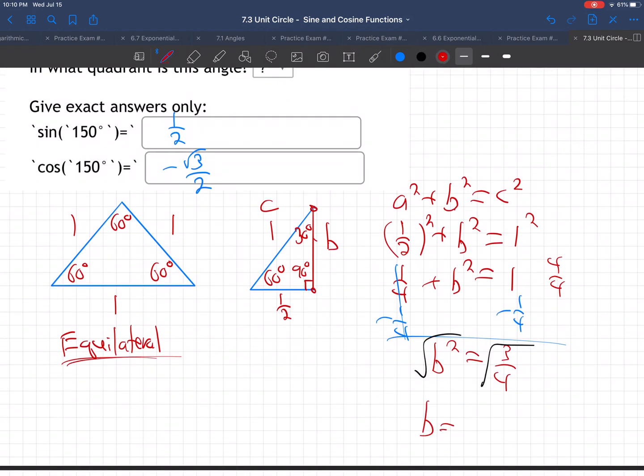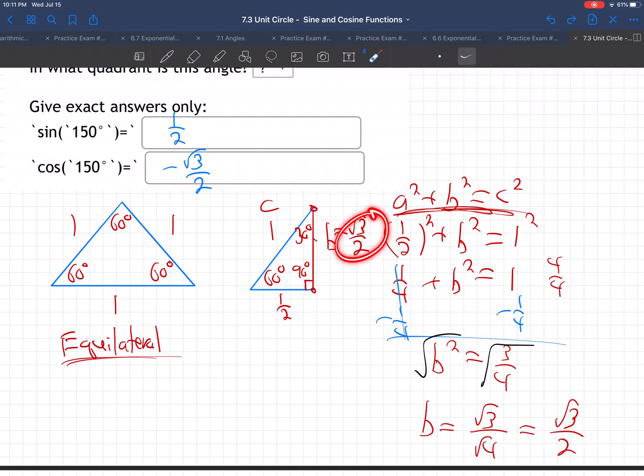So b is the square root of 3 over the square root of 4. And what's the square root of 4? Whoops. It's the square root of 3 over 2. So this side must be the square root of 3 over 2. So we found a very important triangle. I just proved using that Pythagorean theorem, and by just splitting an equilateral triangle, I proved that the sides must be root 3 over 2, a half, and 1 for this